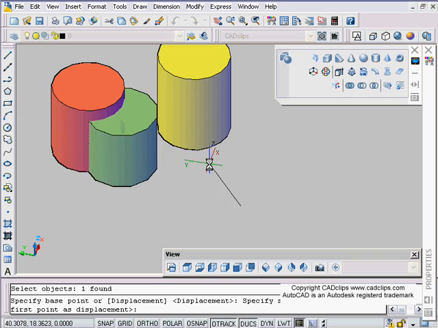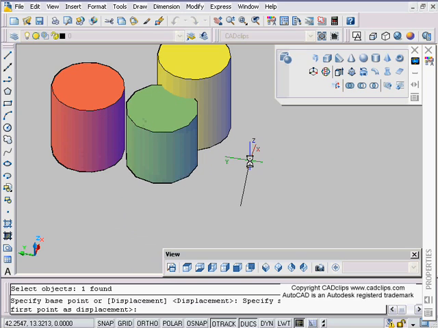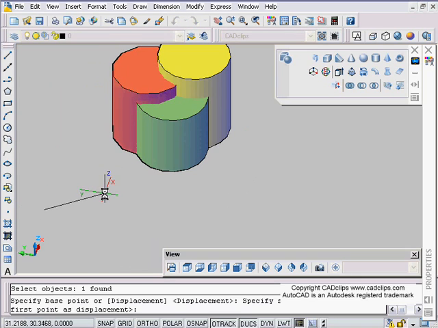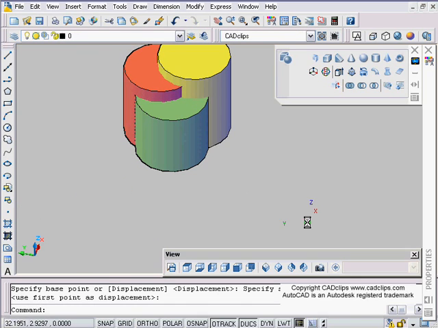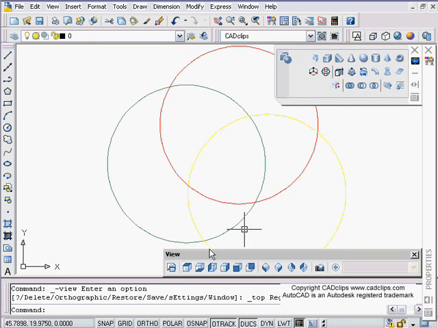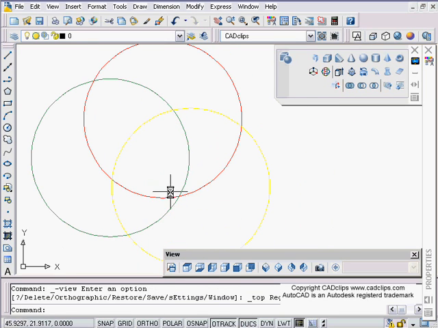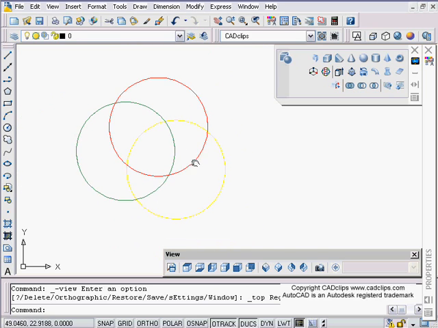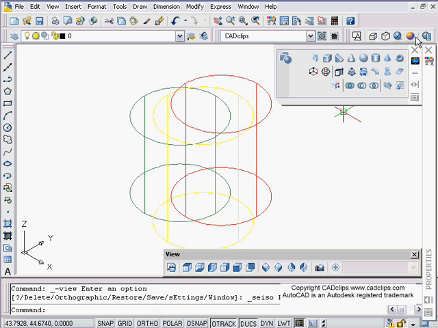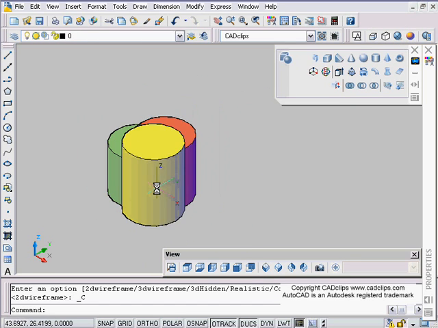Now that I can do this in 3D and know where I am, I can say, okay, I'm going to move that one over there, and then I'm going to take this guy and move him over there. I can go back into my wireframe if I want, and look from the top. I've got some areas that interfere. So all I can do is go back to a 3D view, maybe change my view to get something a little more